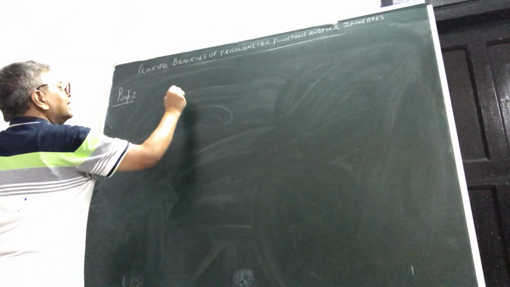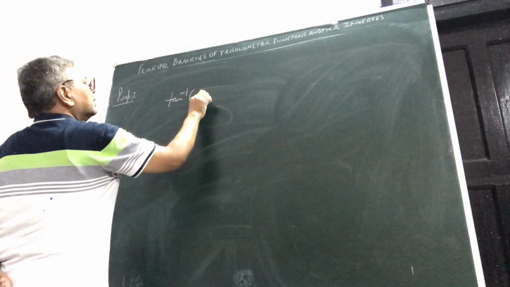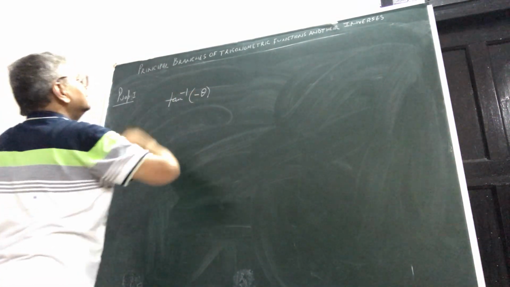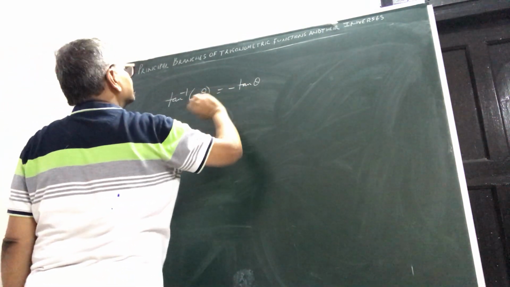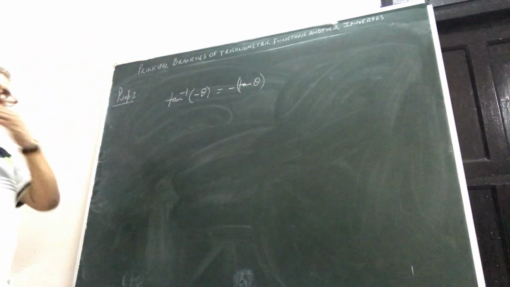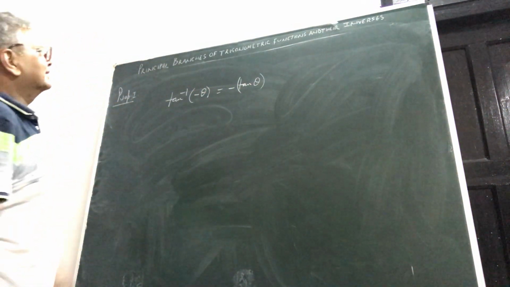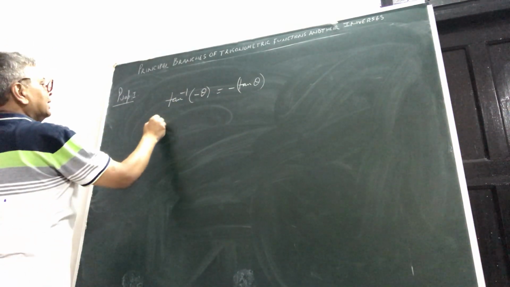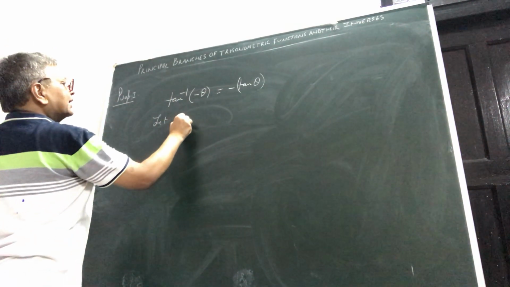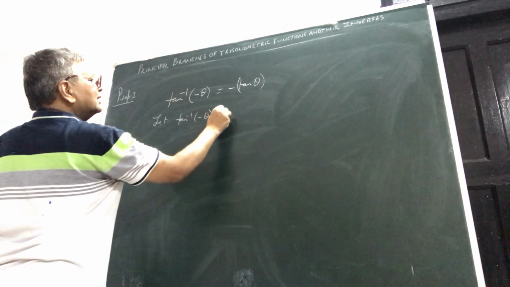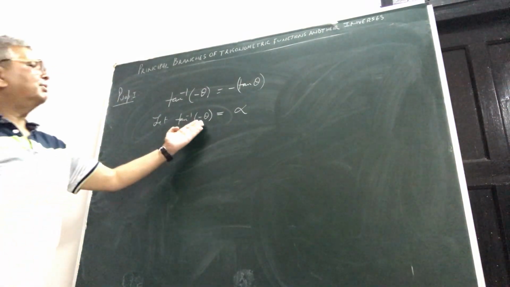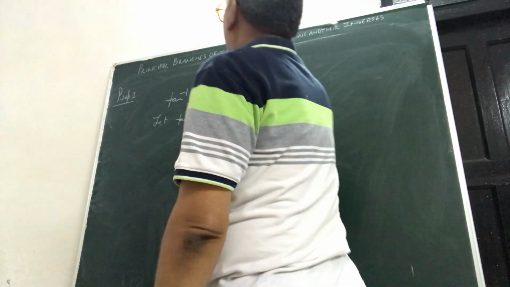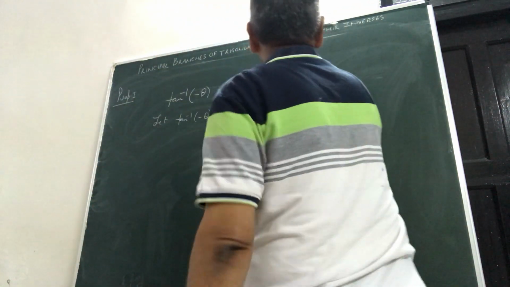Okay, I have to show tan inverse of minus theta is equal to minus tan inverse theta. Okay. So same thing. Again, things will be simpler here. Let tan inverse of minus theta be equal to, say, alpha. Now, where will this minus theta lie? Obviously, what is the principal domain of tan inverse? It is open interval minus pi by 2